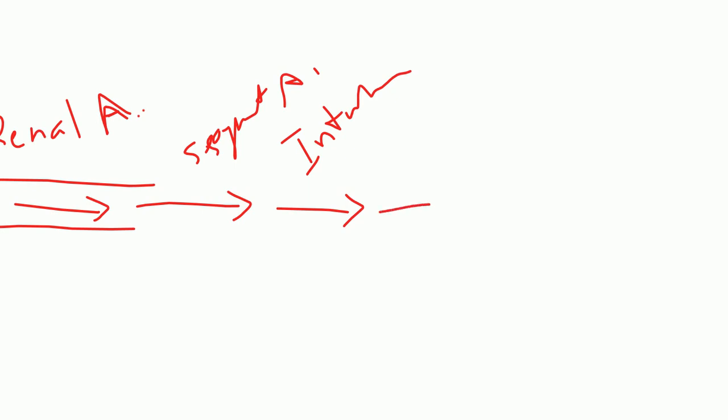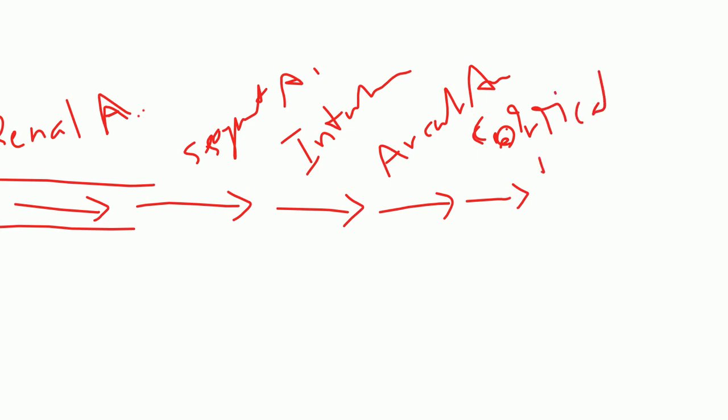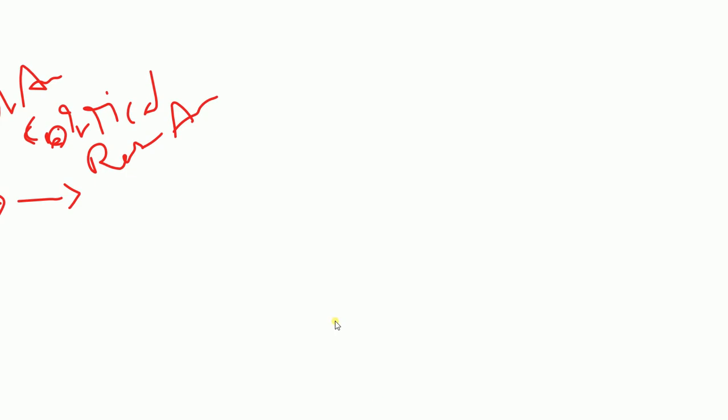Once it continues forward, it will continue upward into the area along the curvature of the renal pyramid, and that becomes the arcuate artery. Once it becomes the arcuate artery, it continues forward into the cortex, and that's where it becomes the cortical radiate artery. As it continues forward as the cortical radiate artery, it will continue into the capillary layer, and before it gets to the capillary layer, it's going to become